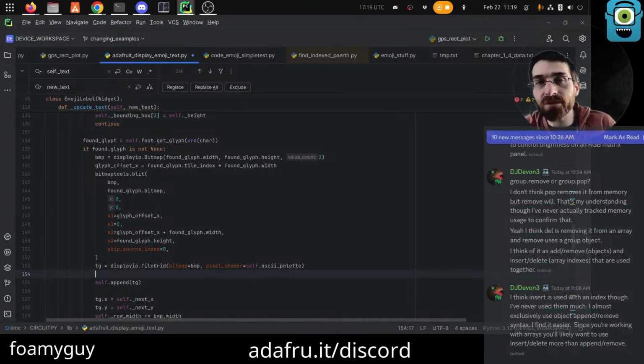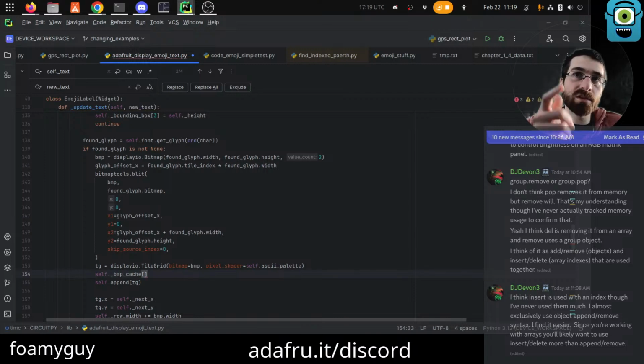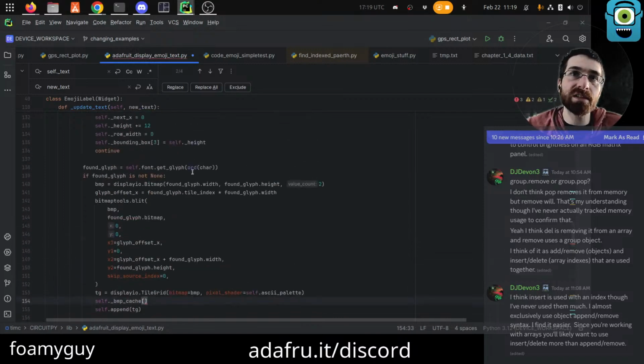No problem, we store a list. So whenever we create a tile grid, we're going to go self.bitmap_cache of, so here we're creating a tile grid because it's an ASCII character. So we're going to say bitmap cache character,